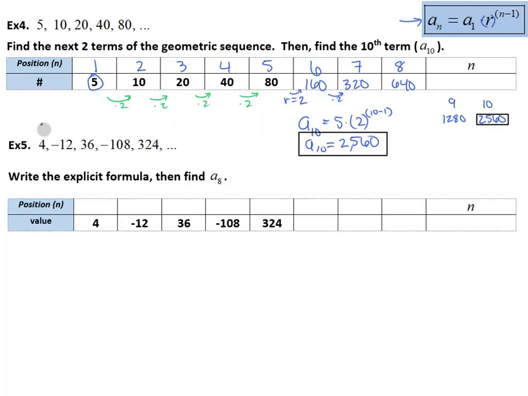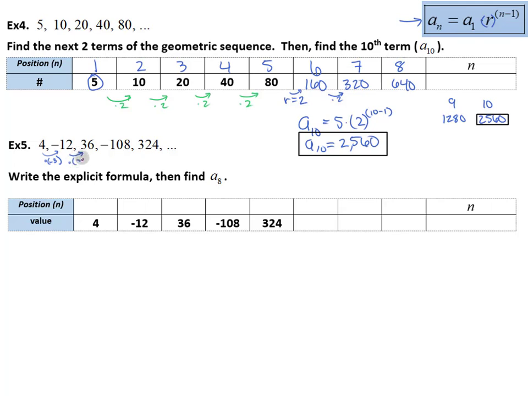All right, so here's another problem, very similar. Write the explicit formula. So this time it actually wants me to write the formula like this, but we're even going to leave n as n so that we could use it for any term. And then we'll find the 8th term. Okay, so let's figure out what they are multiplying by this time. Kind of looking like 3, but it's changing signs. So I'm going to say -3